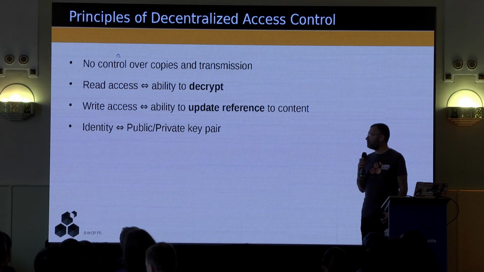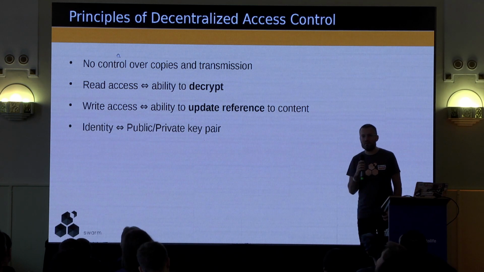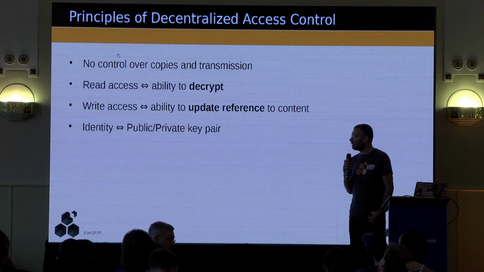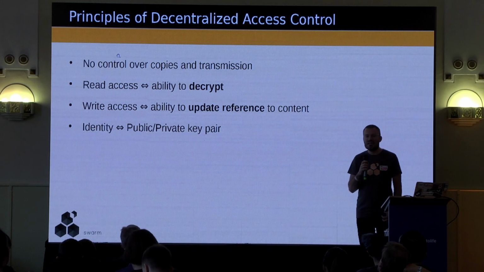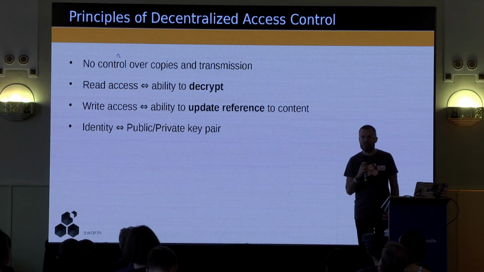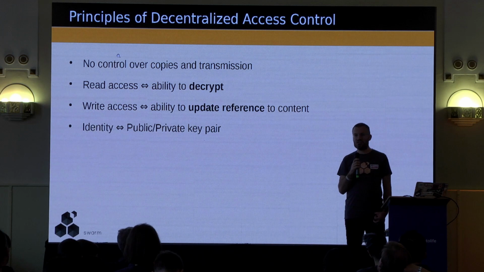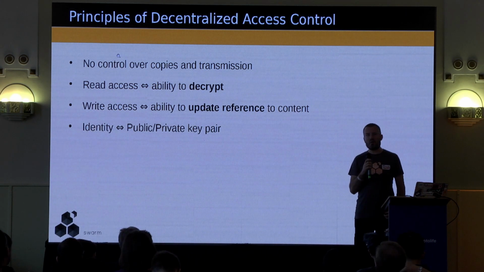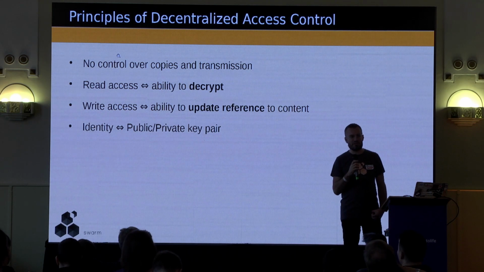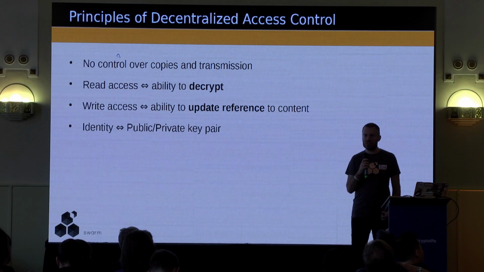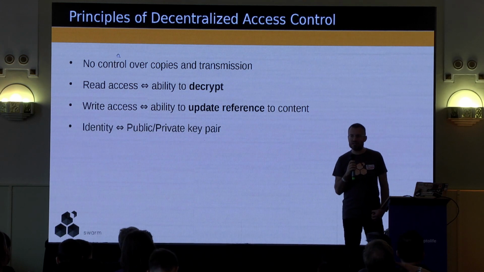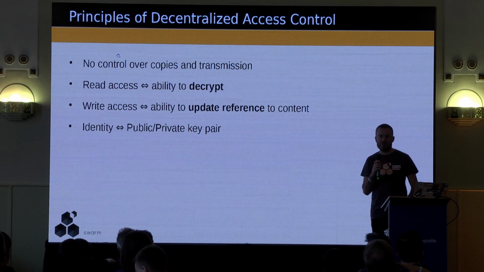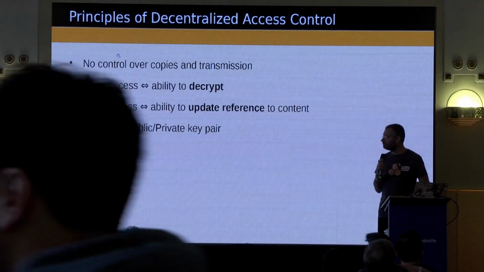And the other transformation is that whenever you have some sort of identity, we're going to talk about public-private key pairs. Now, that's not actually everything we can do. So in the actual implementation of encrypted Swarm, we allow identities that do not have private and public key pairs, but only have usernames and passphrases. So that also works. But for the lack of time, I'm not going to talk too much about them, because they're the less interesting ones.